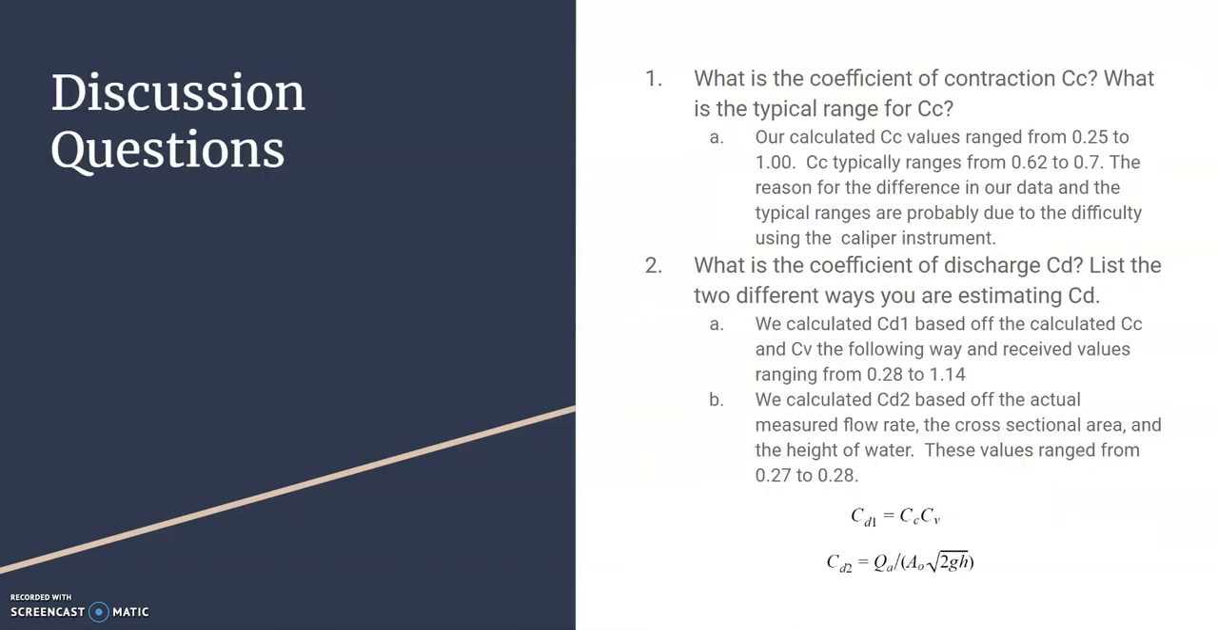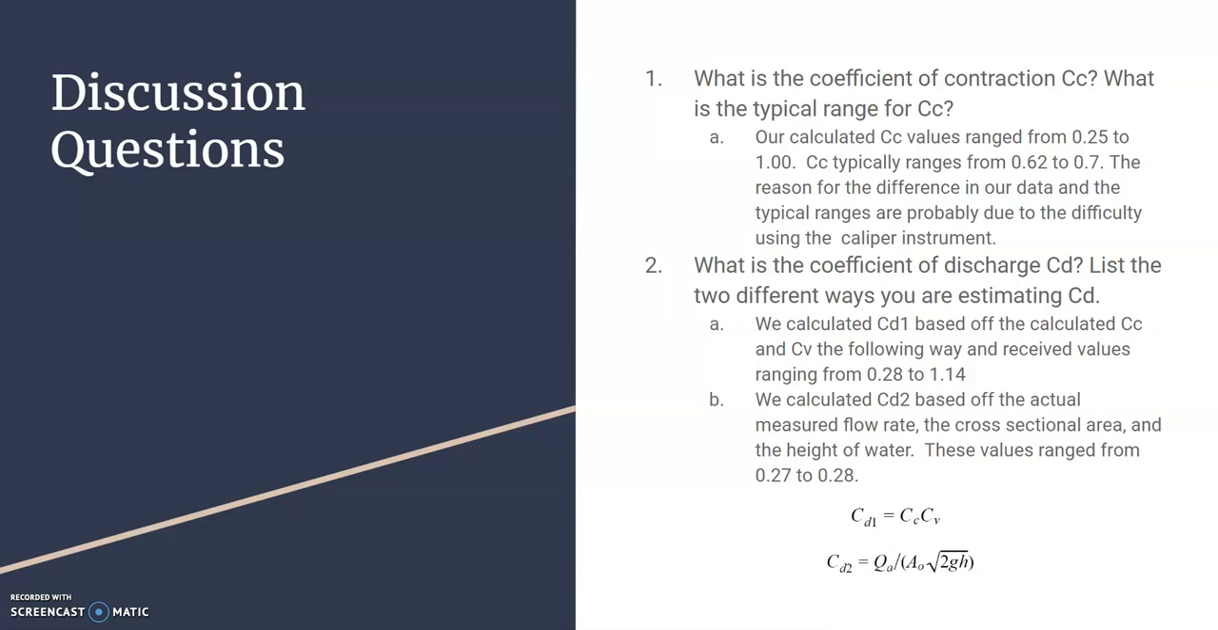Following are discussion questions addressed in this lab. Number 1, what is the coefficient of contraction CC, and what is the typical range for CC? Our calculated CC values range from 0.25 to 1. CC typically ranges from 0.62 to 0.7. The reason for the difference in our data and the typical ranges are probably due to the difficulty using the